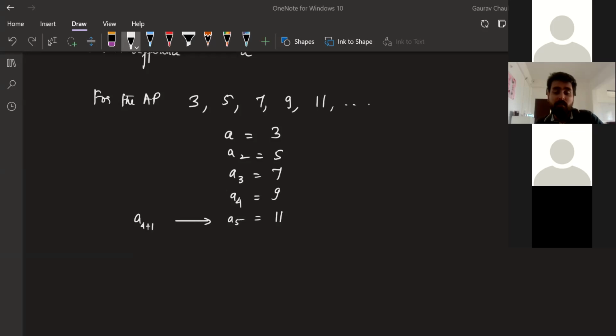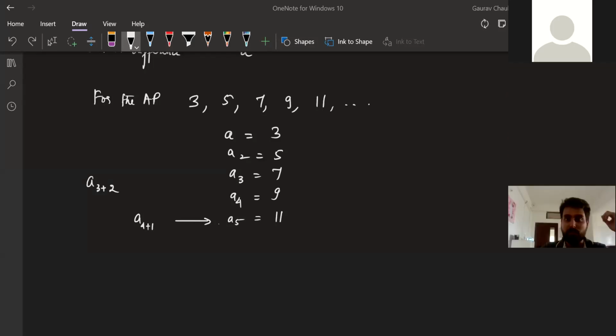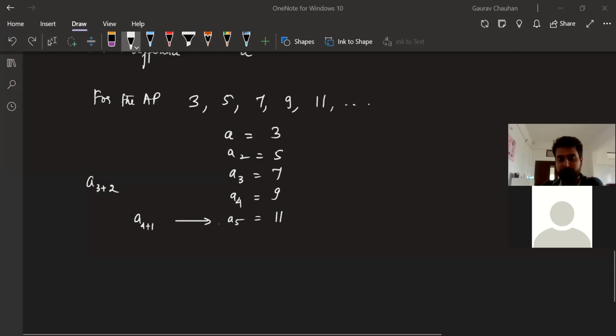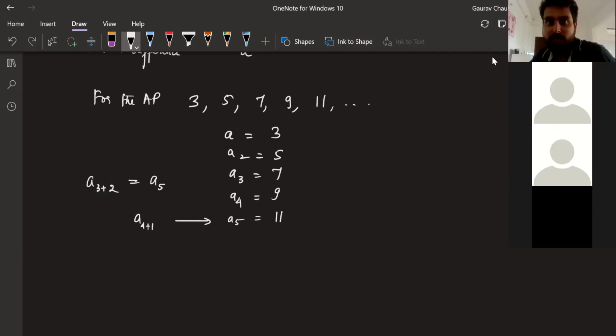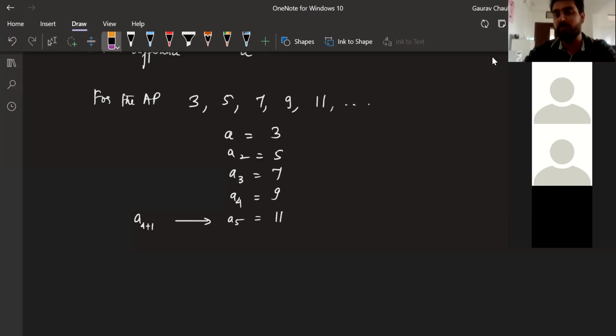Okay, so this is what A4 plus 1 is. Can someone tell me what A3 plus 2 is for this only? A3 plus 2 is how much? Go ahead, Manisha. Sir, 11. 11 only. Why? What is this actually? Sir, that will become A5. It will become A5. That is the fifth term only. We good, right? All right. So I just said this because this is some vocabulary we need to be very good at, and this is not something we want to get confused in between class.